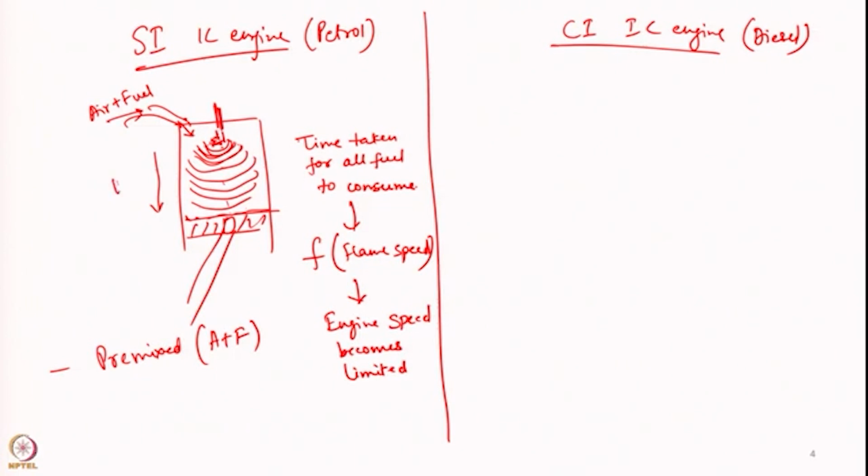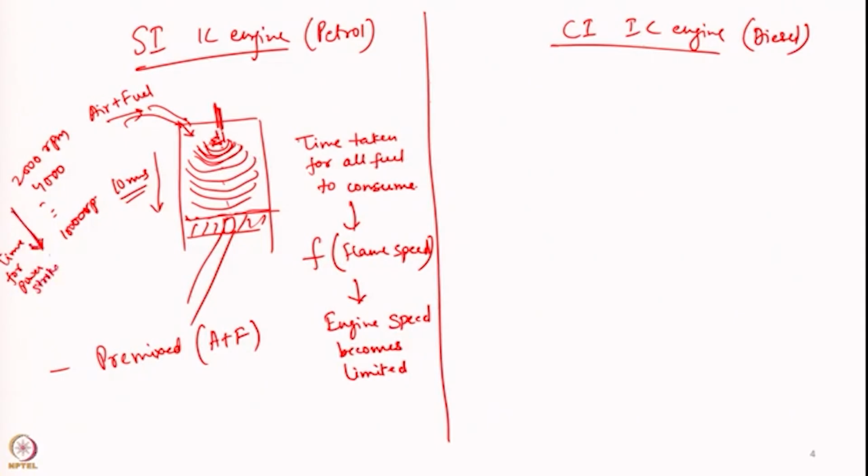So, you have to give 10 milliseconds for the time for your power stroke. So, when you have the engine running at 2000 rpm, 4000 or 10,000 rpm, your time for power stroke